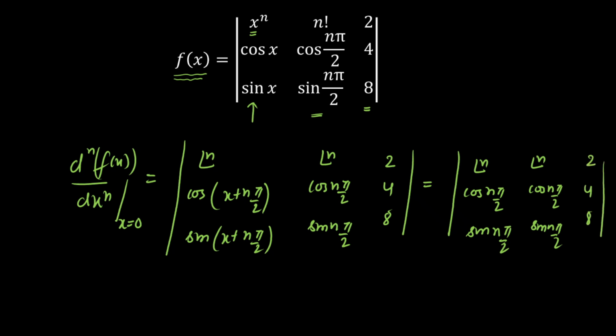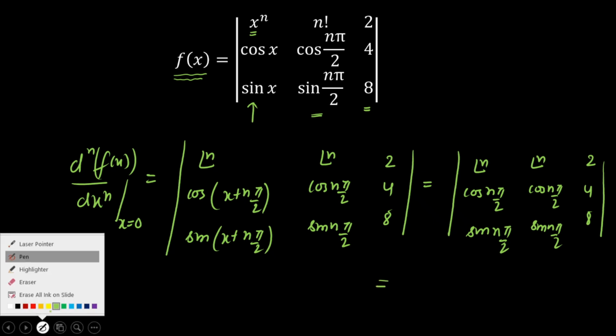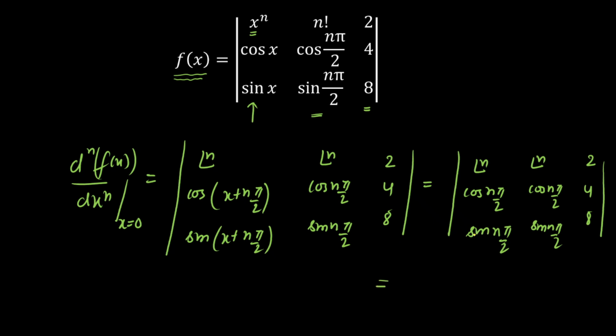Now we got this determinant. The value of this determinant we can easily calculate. Why? Because as you can see here, two columns are the same. The first column and second column are identical. It's a property of determinants. If two columns are identical in a determinant, then the value will be equal to 0. So our final answer is 0, and that'll be all.